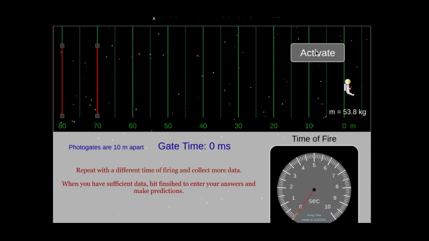They're at rest, so that means their starting momentum is 0. You're going to hit this activate button, and it's going to turn on the fire extinguisher, which is going to accelerate the astronaut. Now, for this lab, after you hit activate, you're going to hit stop, and you want to stop it somewhere close to 5 meters,